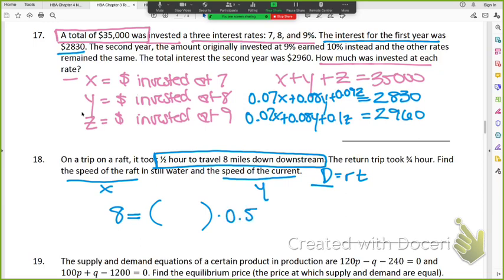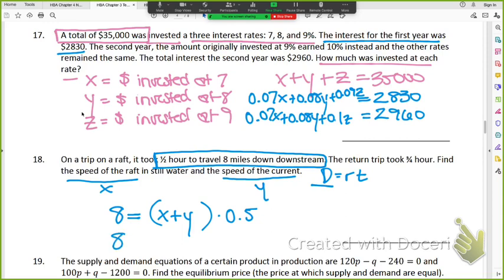Now, how do we express your rate if the speed of the raft is x and the speed of the current is y? When you're going downstream, does the speed of the current help you or hurt you? Help. So if it helps, you do x plus y. Speed of the raft plus speed of the current. On the way back,